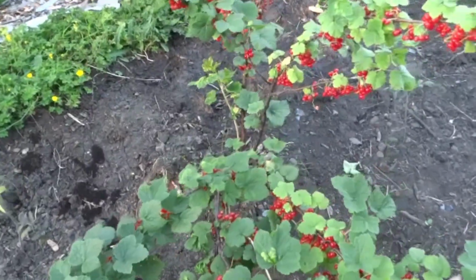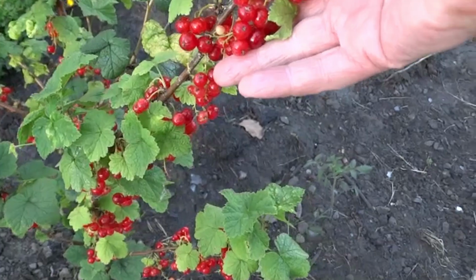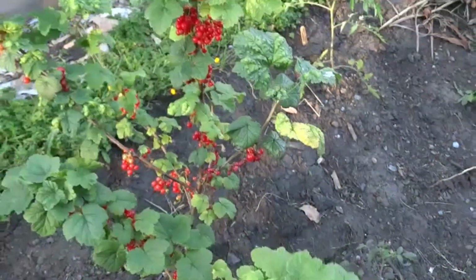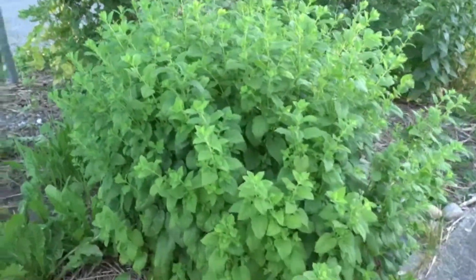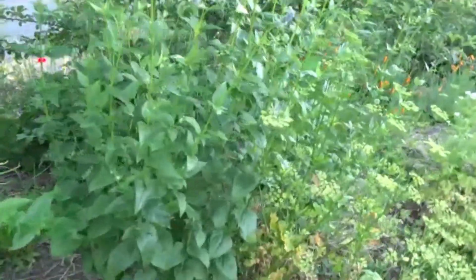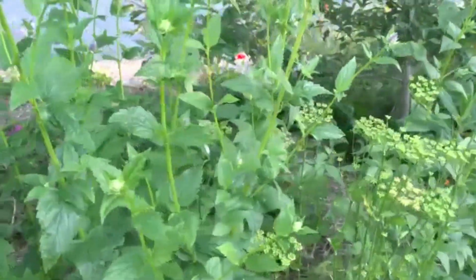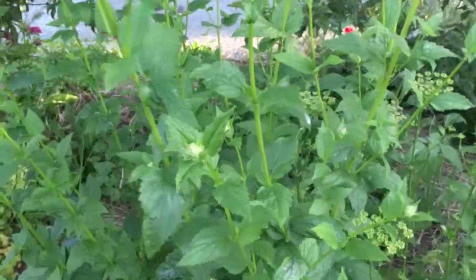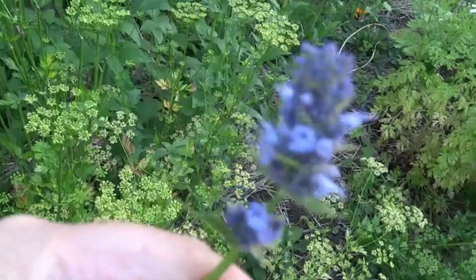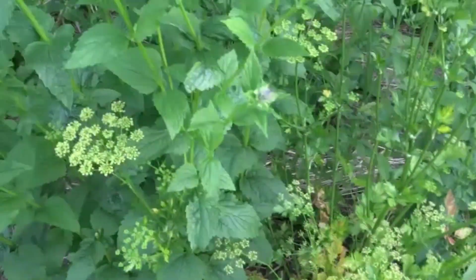And here's our currants. The currants have all ripened up in this last week, and that is beautiful. The bee balm is insane. This also is really cool. This plant here is taller than I am, and it's getting these little flowers. There we go. Those little flowers on there. It's really pretty. This is the anise hyssop,